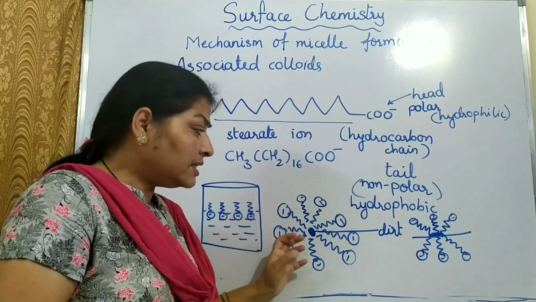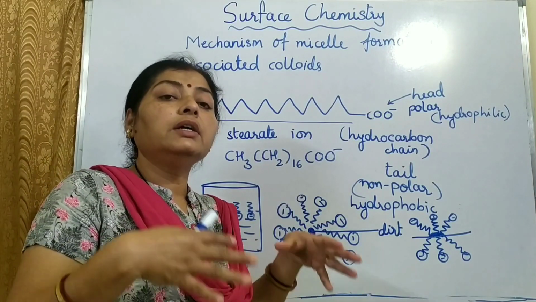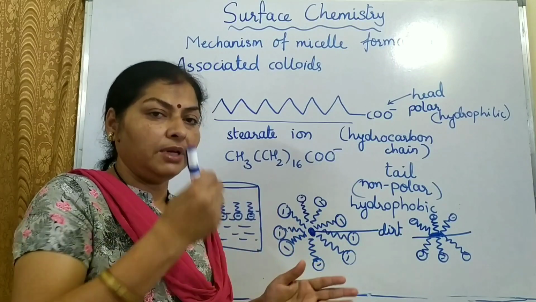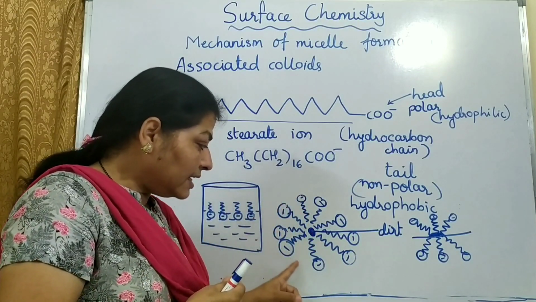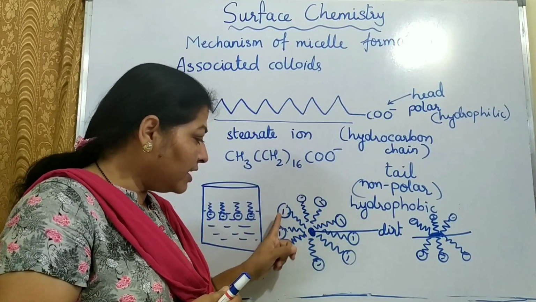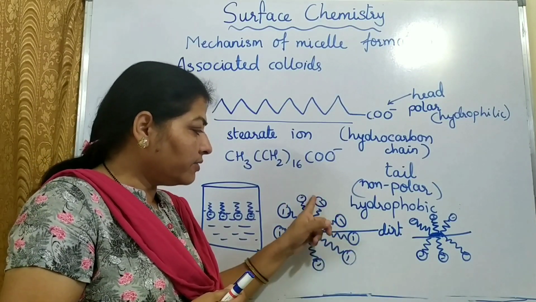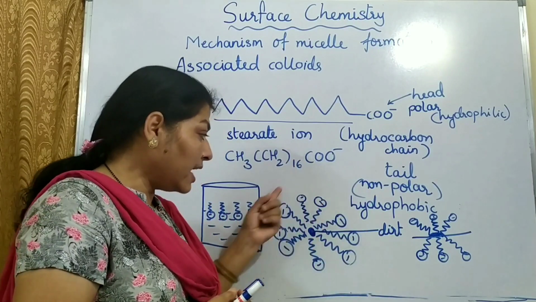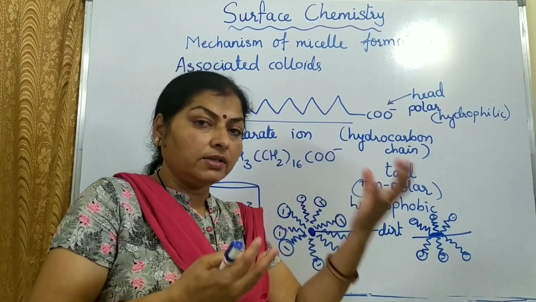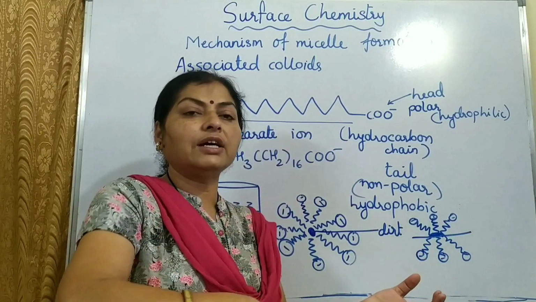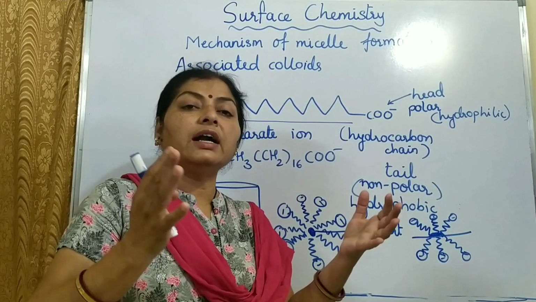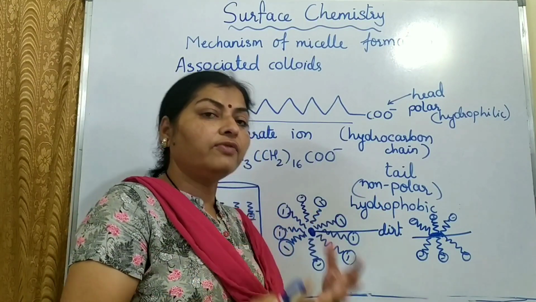And these micelles, after going into water, they will not come close to each other to form precipitates. They will remain away from each other because you can see here each micelle. This is one single micelle, it is having negative charges on its surface. Same way another micelle will also have heads all negatively charged. So a sphere having all negative charges on the surface, another sphere having all negative charges on the surface, they can't come close to each other and they cannot form a precipitate.